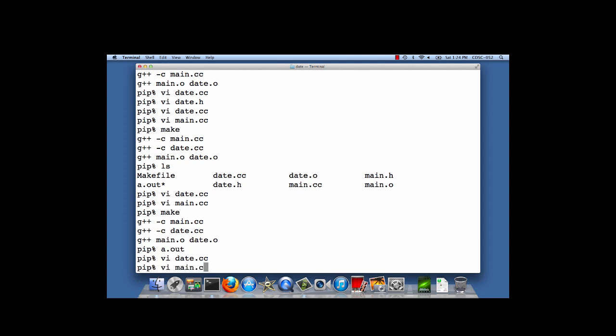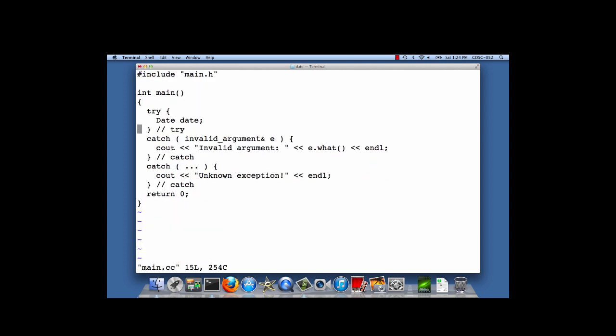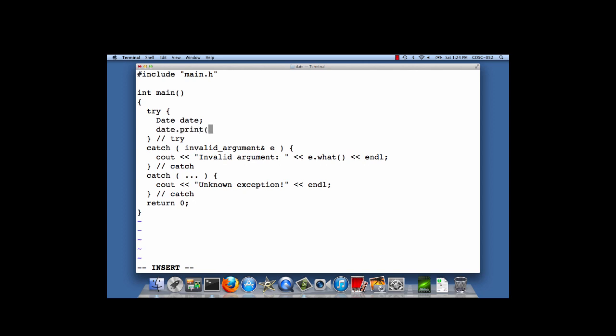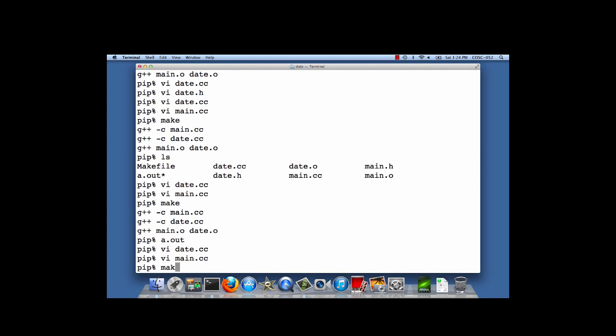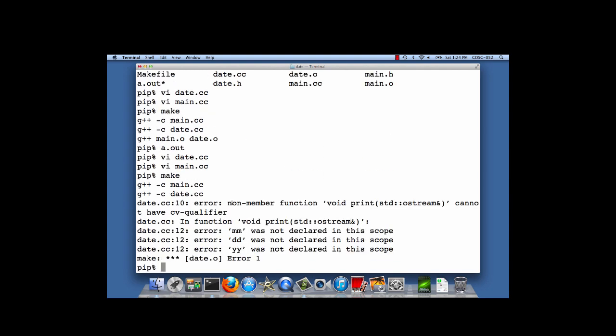And so go back into main, and now I can try the print method just like that. And what I'm doing here is I'm defaulting this to cout. Okay, so now I've got